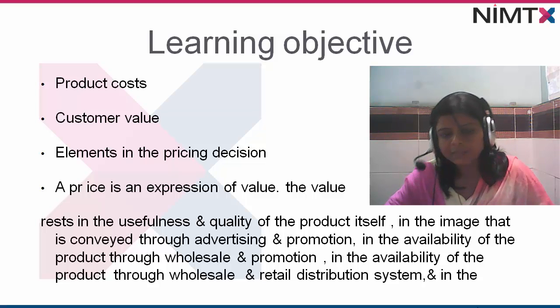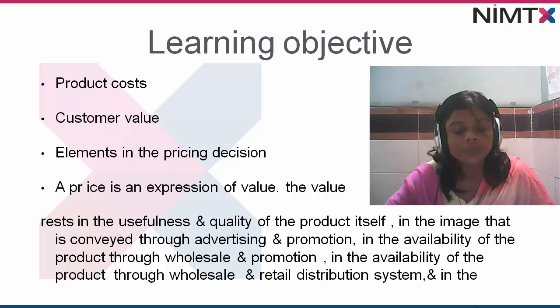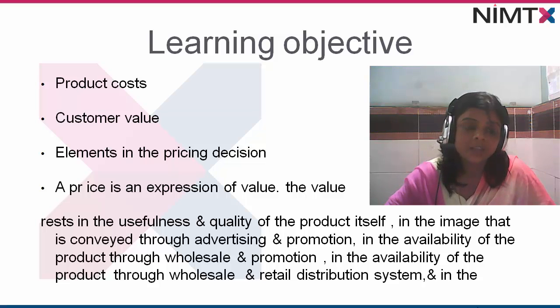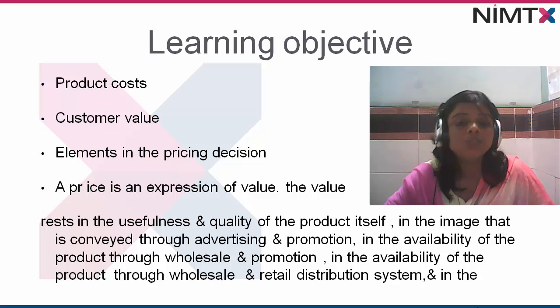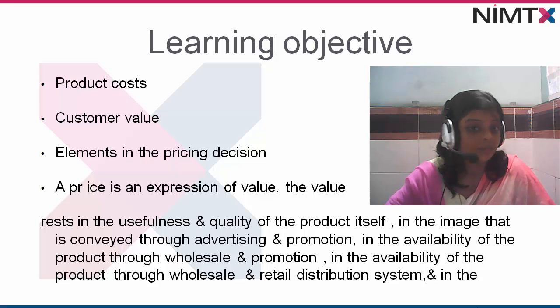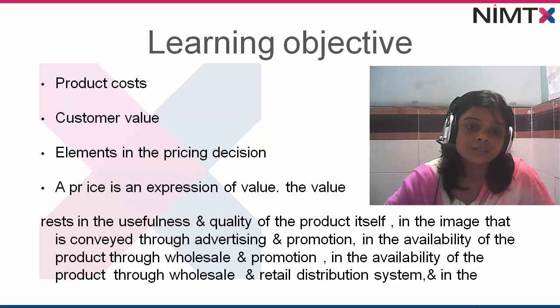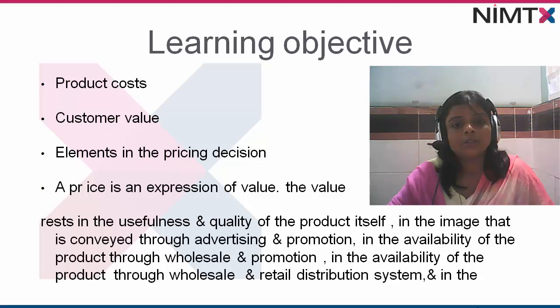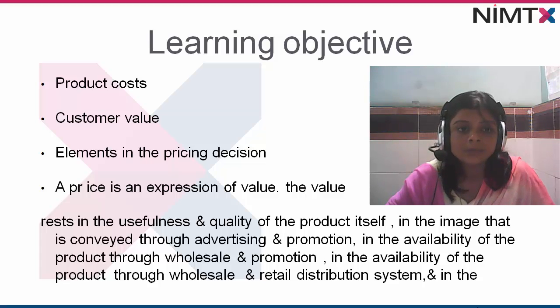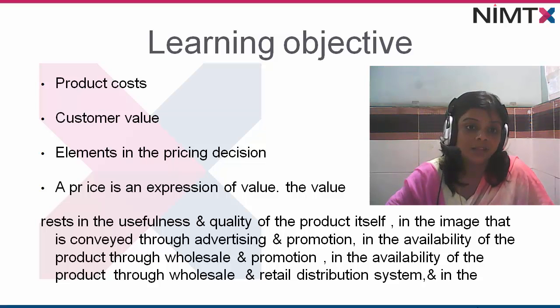You should have basic knowledge about the product, about the strategy by which you are going to launch a product. Then the next step will be related to the marketing mix, that is price. What will be the price of the particular product which you have innovated? Have you launched a new product in a market? Then